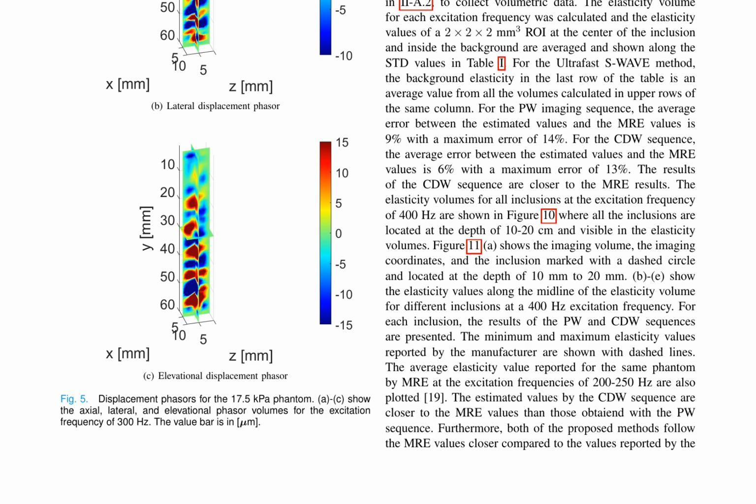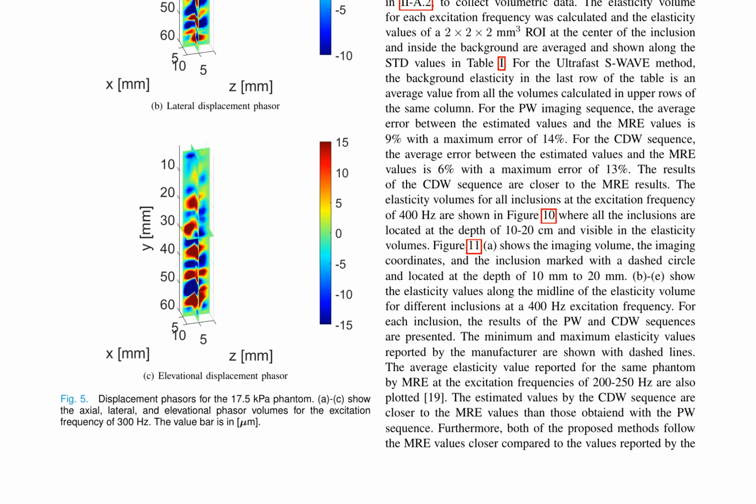Figure 10 showcases the elasticity volumes for all inclusions at an excitation frequency of 400 Hz, while Figure 11 presents the elasticity values along the midline of the elasticity volume for different inclusions. The estimated values by the CDW sequence are found to be closer to the MRE values than those obtained with the PW sequence, and both of the proposed methods follow the MRE values more closely compared to the values reported